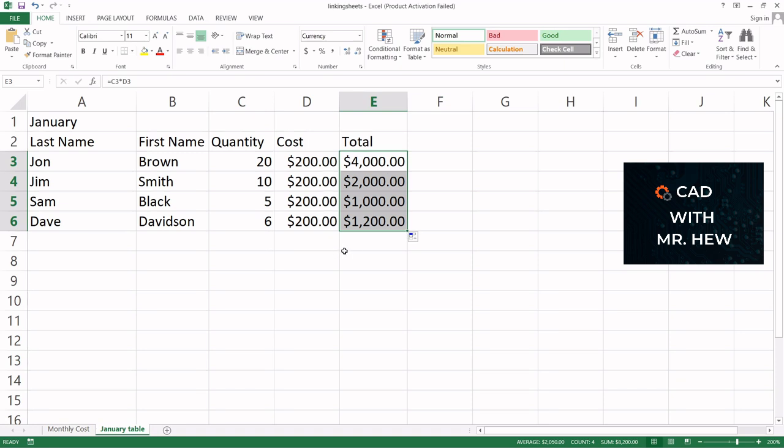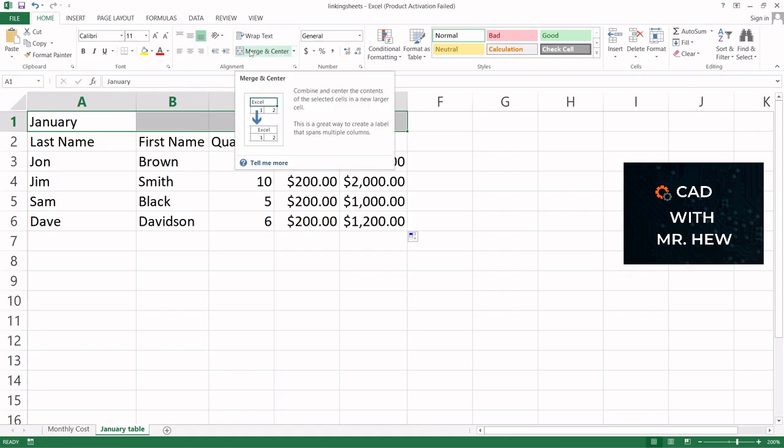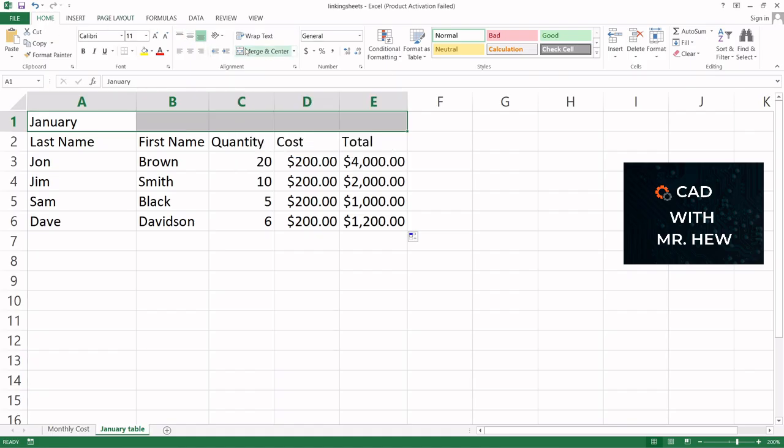And there is the total cost for the month of January for each person. Now, what I can do, I can block the cells from A1 to E1, and I can go up to the alignment group in the home tab on the ribbon. I can click on it, and it is merge and center. I can say month, the January